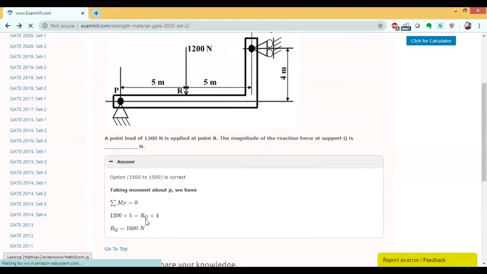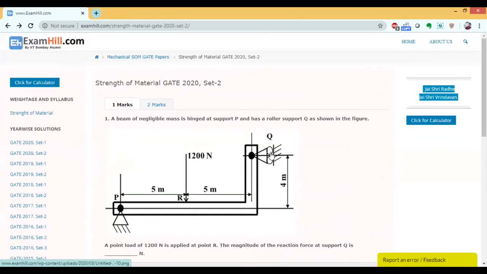This is normal mathematics; anyone can do this simple math calculation. You'll get the value of RQ, and this is exactly what has been asked in this question. Whenever you get this type of question, at first you will get the feeling that the question is very difficult, but always remember, most of the time you need to apply only one thing: summation of moment is equal to 0, and you need to identify which point to take so that you will get the required force. That's it, nothing else. So we'll now